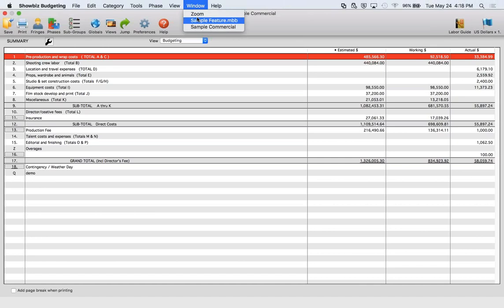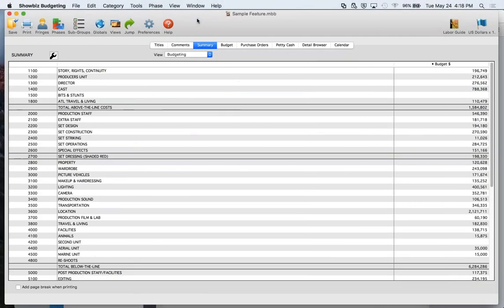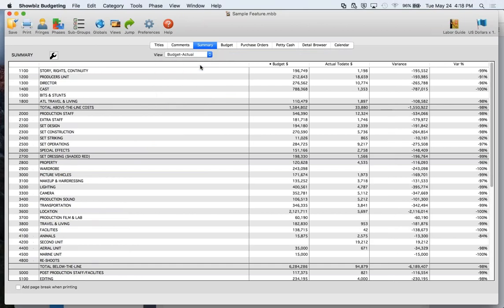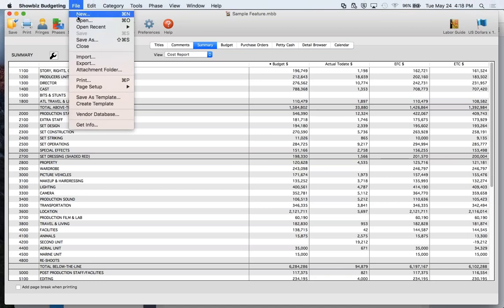And I'm going to go back to the feature. And here I have budgeting actual, budget actual. All right, here's a budget actual and a variance. And in features, you might also want to do a cost report format, which has budget, actual to date, EFC, ETC. Okay, so there's many things to do, and I'm going to actually open up another template, file, new,